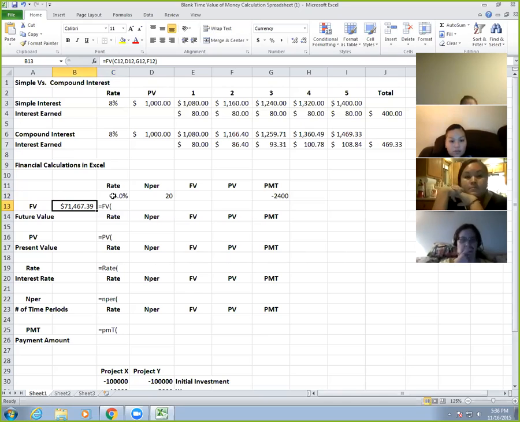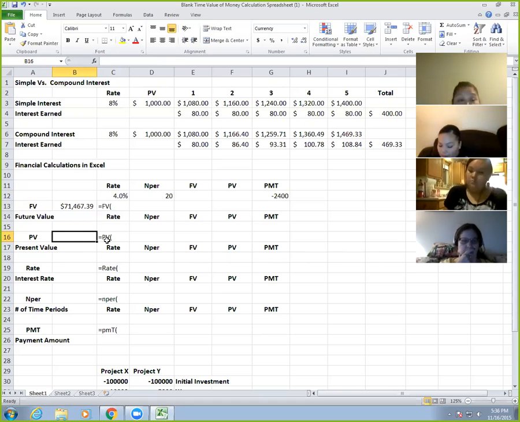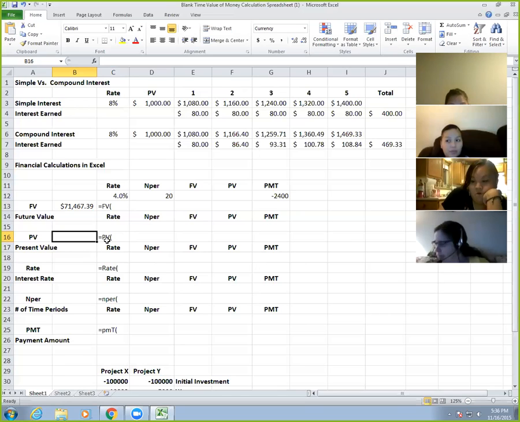Okay, so let's move on to present value. So PV, or present value, is calculating what something is worth today based on future returns, or based on a sequence of cash flow that you'll get in the future. And so a good example of using present value would be to calculate what it's worth to buy, say, a U.S. Treasury bond today. So unlike stocks,